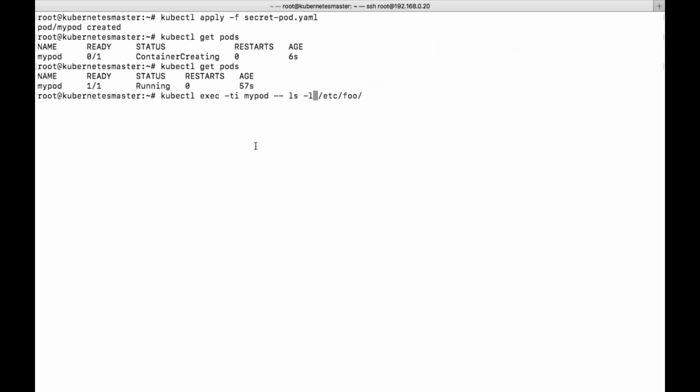You can see now you have only username, not password. Okay, so this is how we need to create your YAML files based on the requirement.